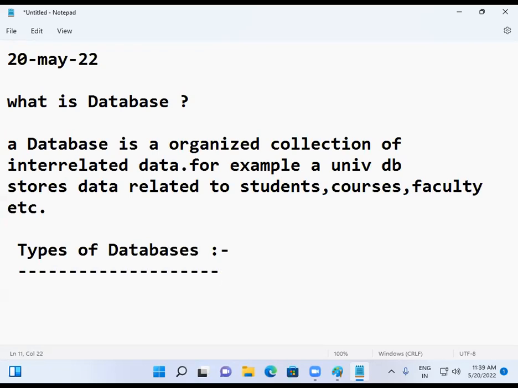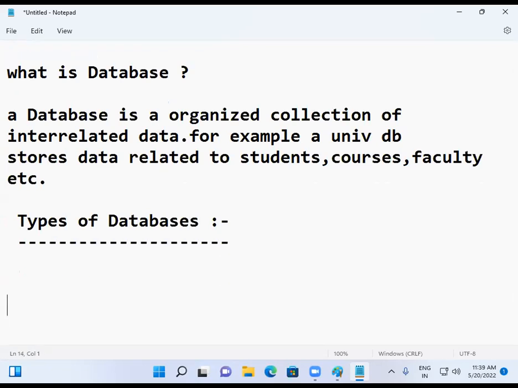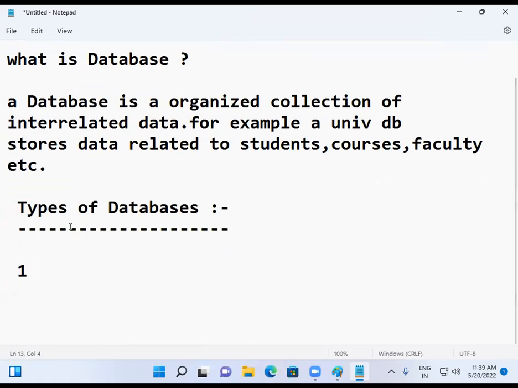Okay, then. But some years back, companies used only one. But nowadays, every company uses two databases. What are the types of databases? Databases are two types. One is